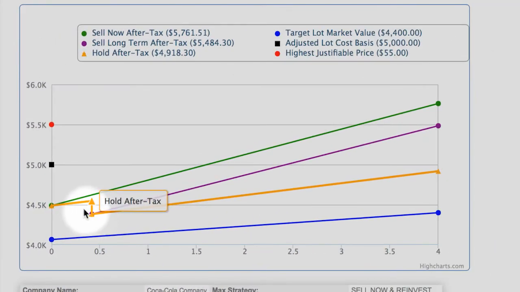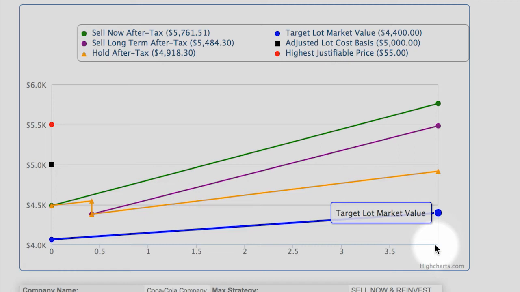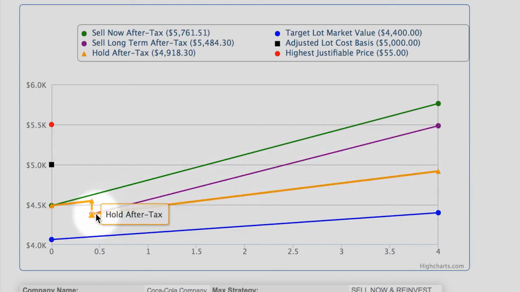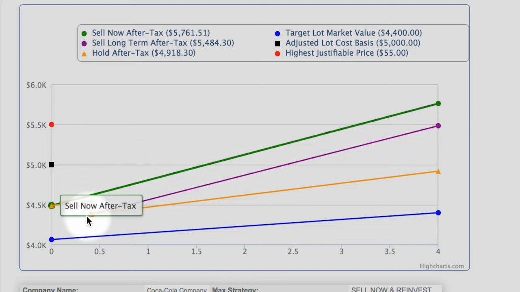The new green line now represents the after-tax value over time should an investor sell a stock in the short-term window and reinvest any after-tax proceeds over an investment horizon inclusive of any tax savings. This is a better investment decision choice than waiting to sell until the long-term window is reached, represented by the purple line, because any losses realized would normally only be available to offset and avoid a lower long-term tax-rated realized gain. The hidden tax savings value of a short-term loss is more valuable than the hidden tax savings value of